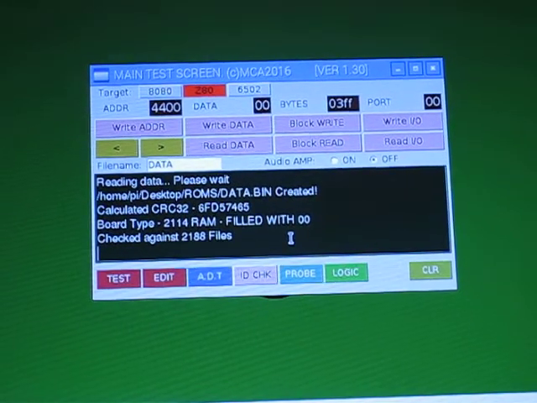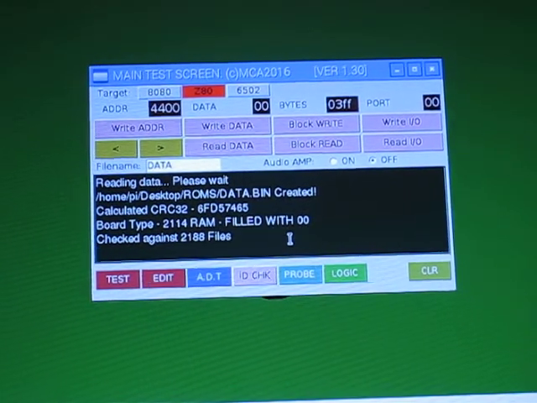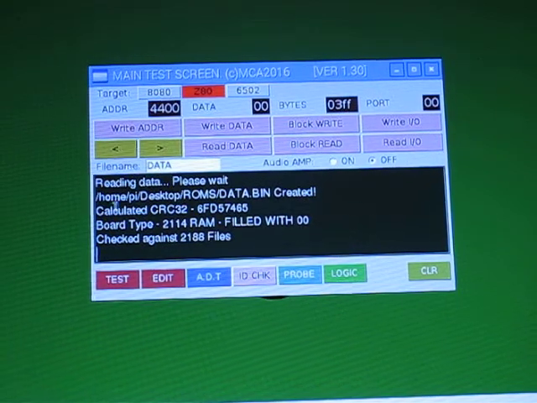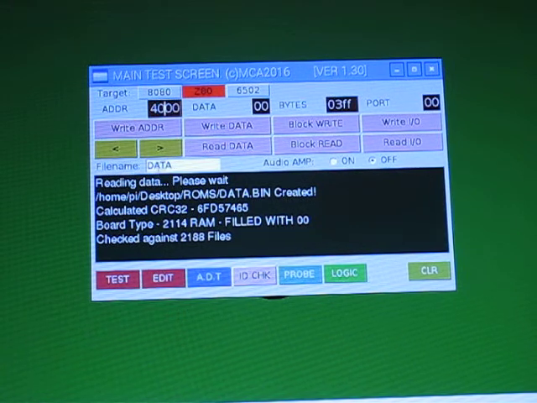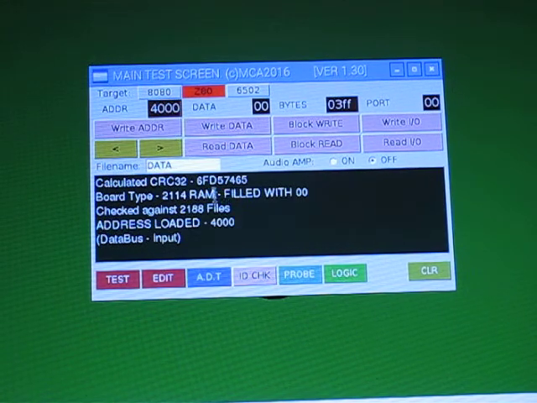Sorry, my camera cut out, so I'm back again. So basically what happened was, where were we? I didn't realise the camera had cut out, so I go back to where we were, which was 4000, and we tried to read in